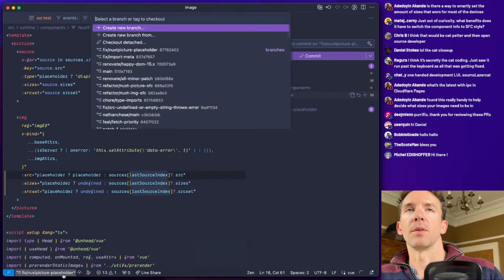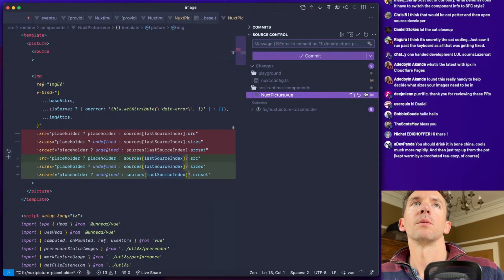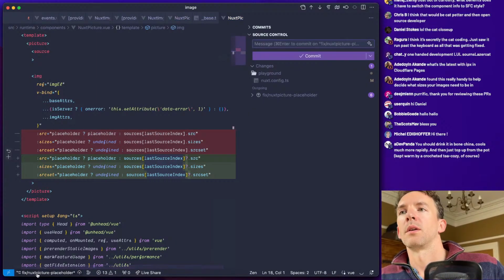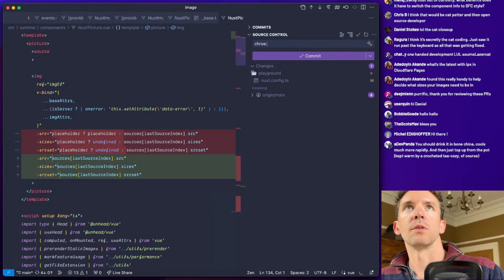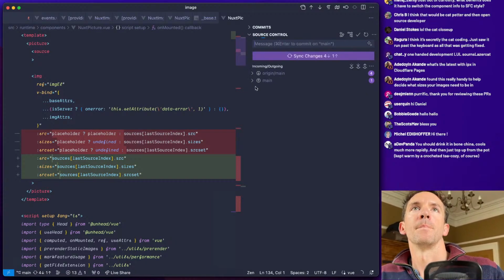And the previous behavior was, what to say, fix handle undefined source. Go back to main. Not sure. Add compatibility date. And